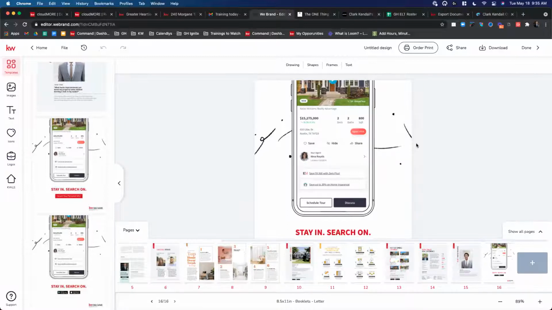Okay. Any questions about editing this magazine? We didn't go through every single page, but I think we got the gist of how to make basic edits. There's always more fancy things you can do in there, yet that should allow you to do everything you need to do to personalize this, to make it look like you want. Any questions before I move on and then to fully digitize this?